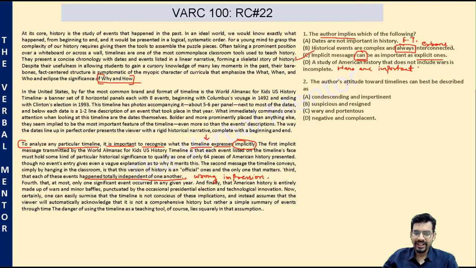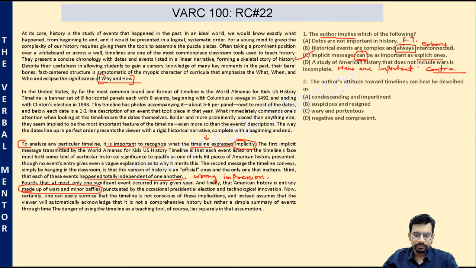In fact, author has criticized the fact that US history overemphasizes wars. He says that it gives you an impression that US history is made up of wars only. Wars dominate US history. That's a questionable impression given by the US timelines. So he criticizes the fact that wars are given undue importance. So he would not imply that wars are important. Wars are not the only important thing rather. So this is contradictory to what the author thinks or feels about the importance of wars. Option D is out.